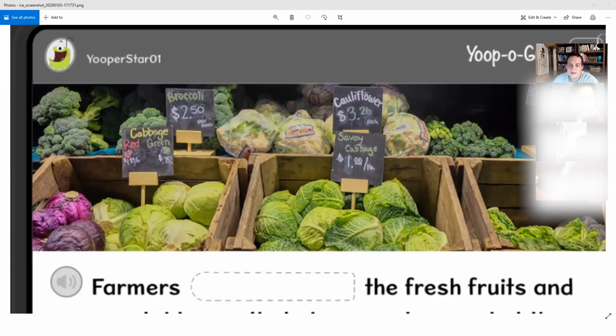But on this one, Nick, we've got these signs that help to tell you what it is. So you know that this one is cabbage. This one is red and green cabbage. This one is broccoli. How do you know? Because it shows you a sign. Or another word for a sign or a name is a...